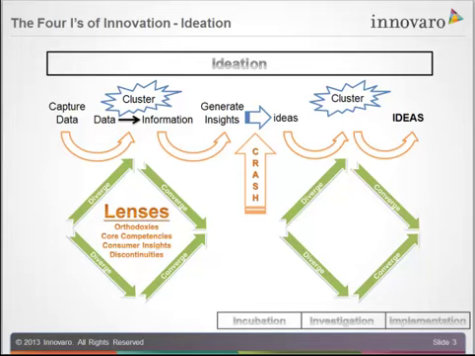And so the first step is to capture a lot of data. And then the second step is to take that data and to begin to cluster it together so it makes sense. You know, it's data about your consumers, it's data about your marketplace. It's all those things, so you've got not just lots of data, but you've actually got information to work with. And then using that information to be able to generate insights. What are the key pieces of knowledge that this lets you know about your marketplace, about your products, about your competitors?